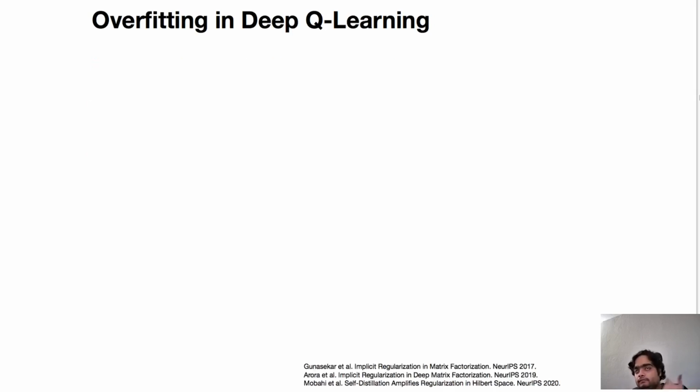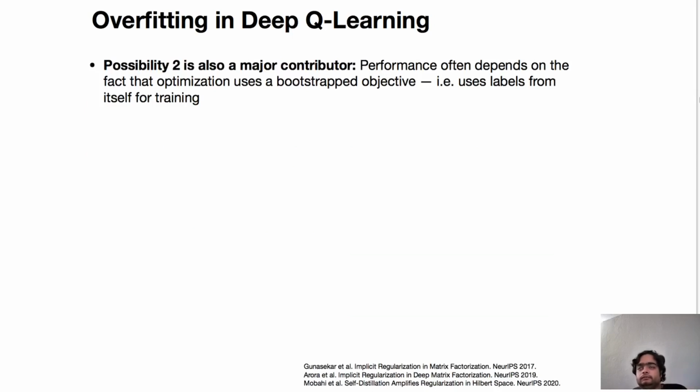So is that all? Is possibility 2 not a big issue, or is possibility 2 a big issue here? It turns out that possibility 2 is also a major contributor towards bad solutions in Q-learning algorithms. So why is that? In a lot of these settings, performance depends on the fact that you're